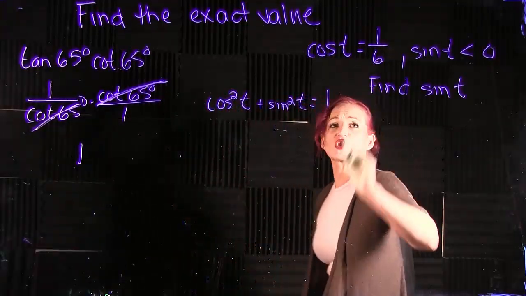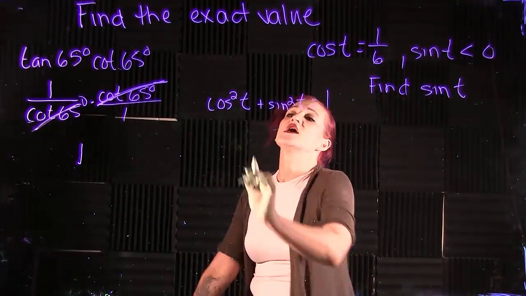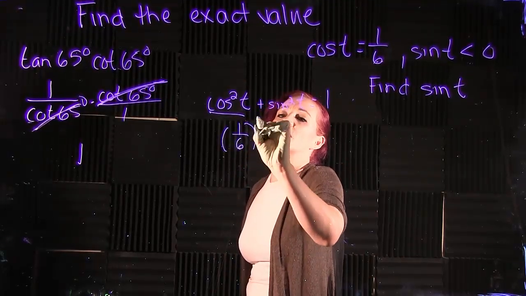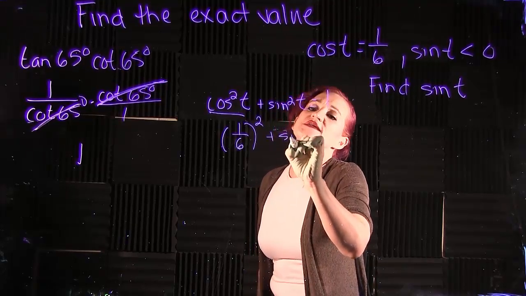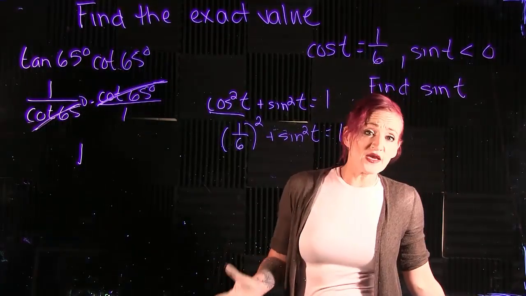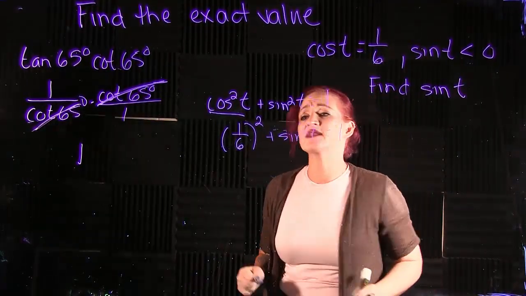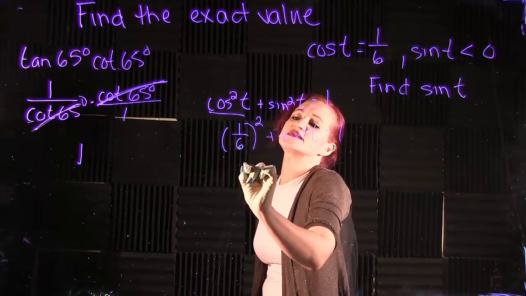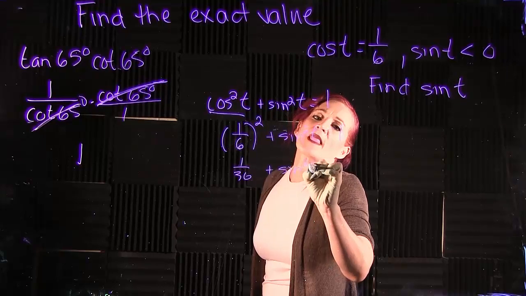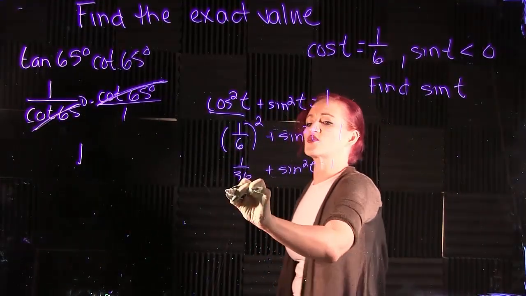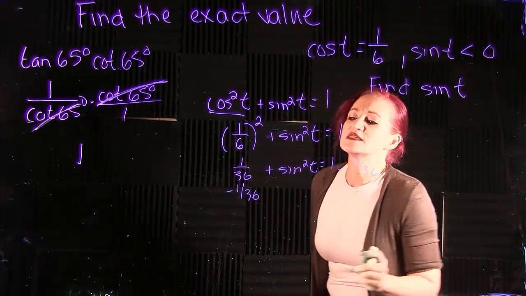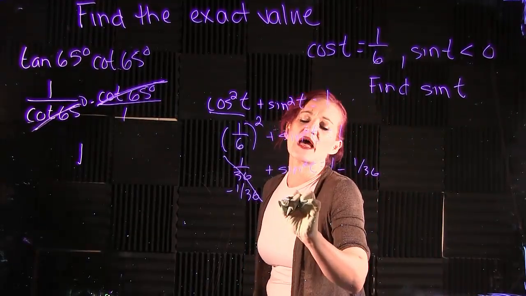And we want to plug in what we know. So we are told that cosine is equal to 1/6. So that means when we plug in here, this is cosine squared, which means we are going to have 1/6 squared plus sine squared t is equal to 1. Finish solving this for sine, and we have our answer here, which means square the 1/6. If we square 1/6, that is 1 over 36. We want to go ahead and move that number over to the right-hand side, so we are going to subtract 1 over 36 to that side here so that it can cancel on the left,